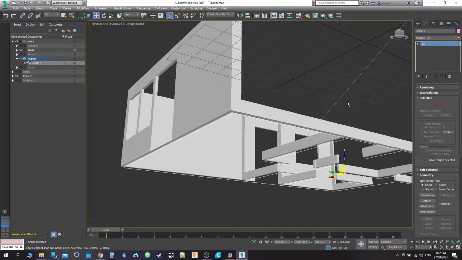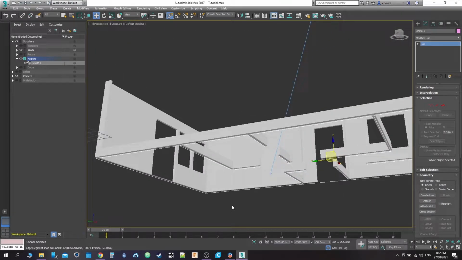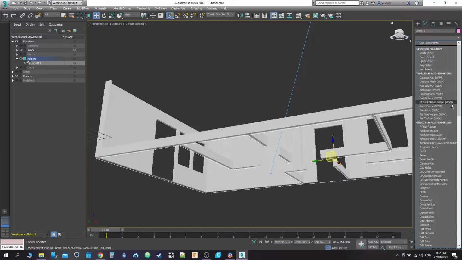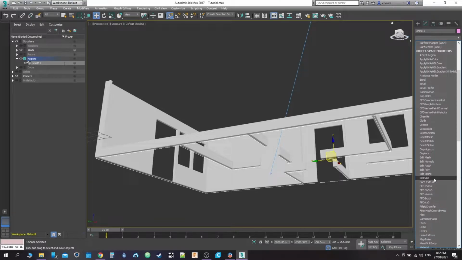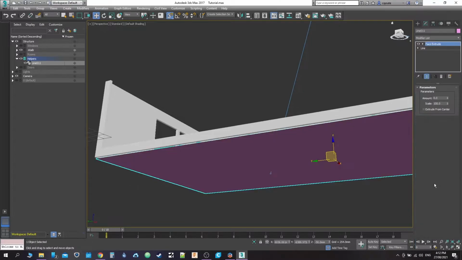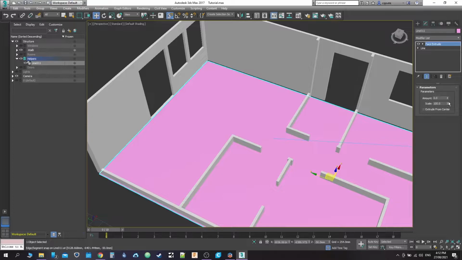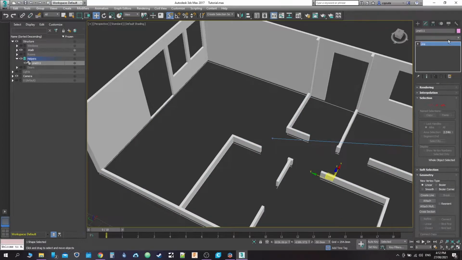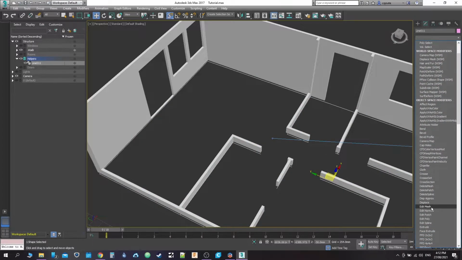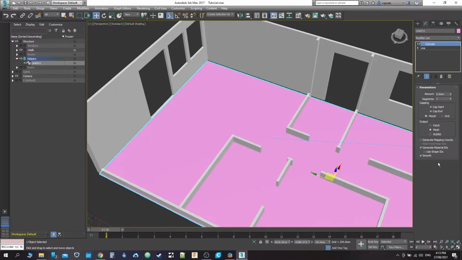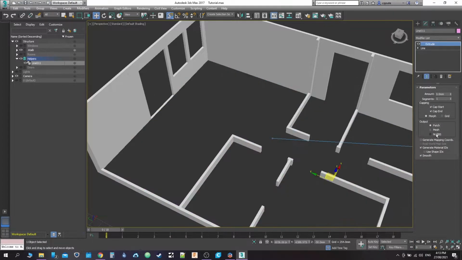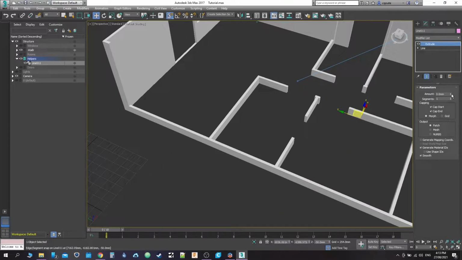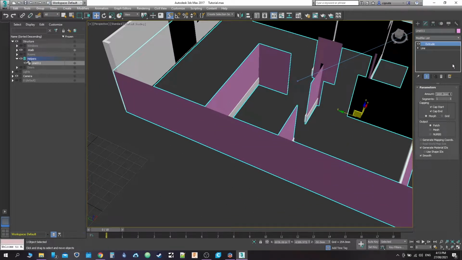Okay, so what we're going to do, go back into extrude, face extrude. I'm not sure what face extrude now. I don't think, no. Let's go back into extrude. And we're going to extrude the path. That's what we wanted. Okay, so just make sure you put it onto,